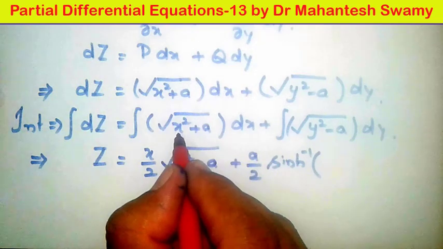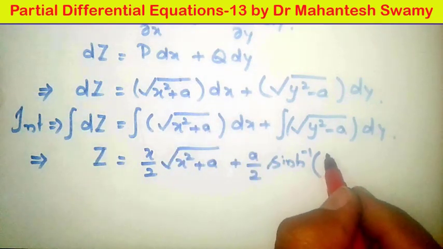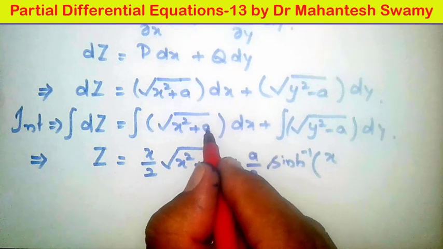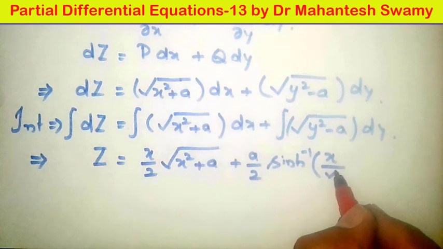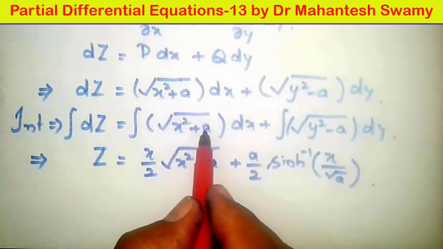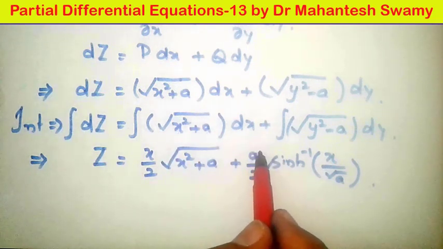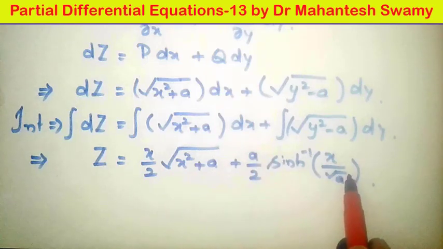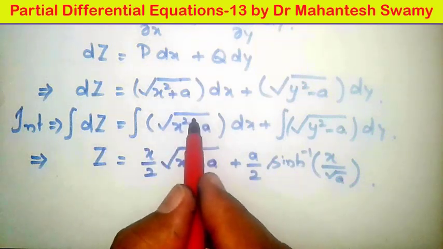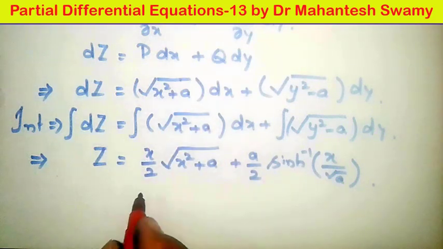Here a square is a, therefore a is under root of a. We have to take care of that because we know the formula for x square plus a square. So in the formula, wherever a square is there, we have to write a, and wherever a is there, we have to write root a. That's all. So this is the value of the first integral on the right hand side, plus